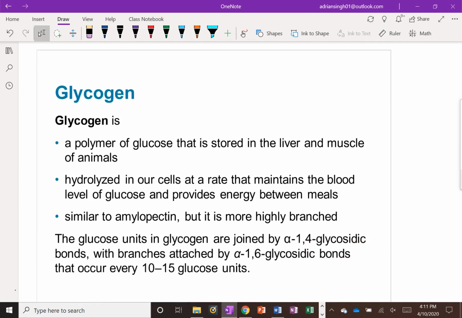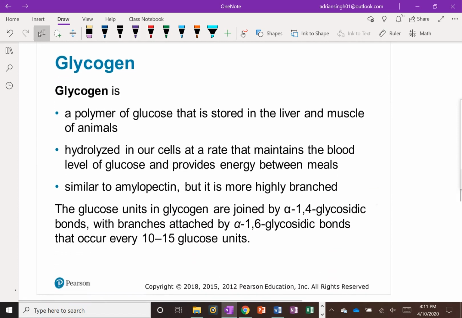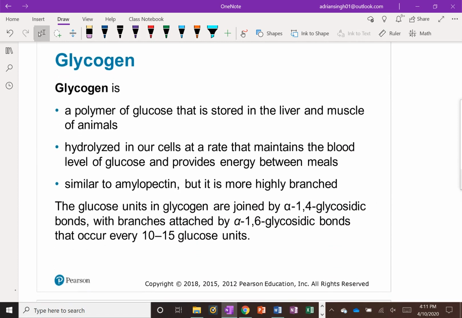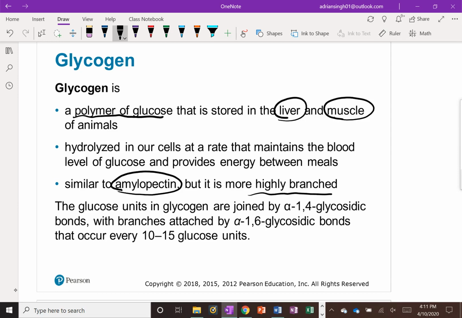Glycogen is the third polysaccharide we'll take a look at, and glycogen is also a polymer of glucose, and it's stored in the body. It's stored in the liver and in the muscle of animals. In terms of its structure, it's very similar to amylopectin, but it's more highly branched. All right, but it's the same type of structure that we'll see, meaning that we'll see those alpha-1,4 glycosidic